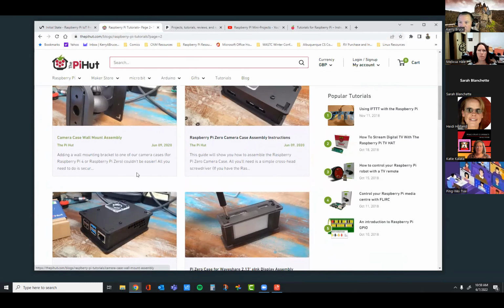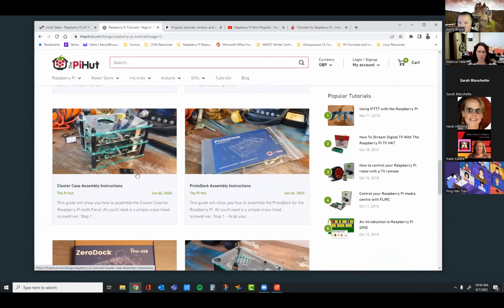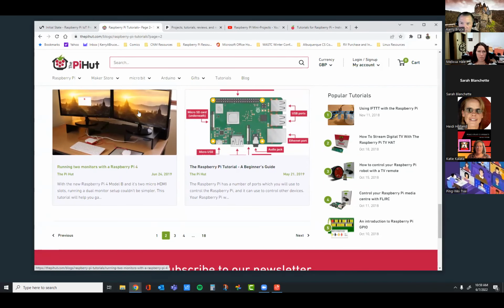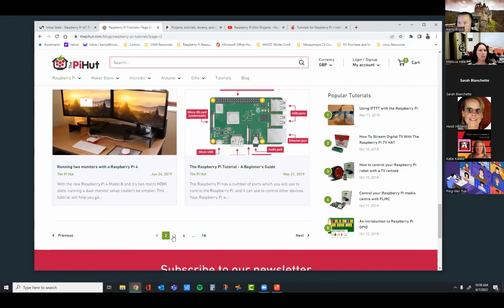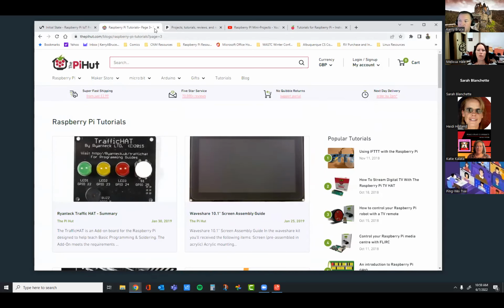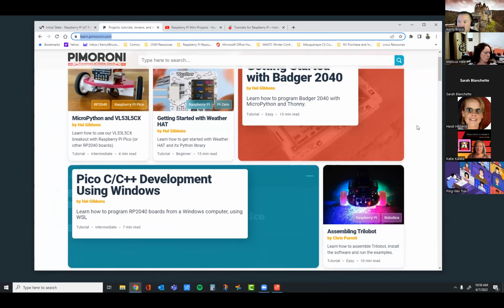Lots of cool stuff, and they have a lot of really cool projects as well. Again, like I said, most of it's going to be geared towards their product, but you will find some really cool non-product-based ideas, like running two monitors. Here's a tutorial about the Raspberry Pi, so that kind of stuff. So I like them as well. I put them on the list so that you are aware of them. This whole list is not the entirety of all the tutorials available out there, just the things that I'm familiar with, the things that I have used, or things that I know would work well.